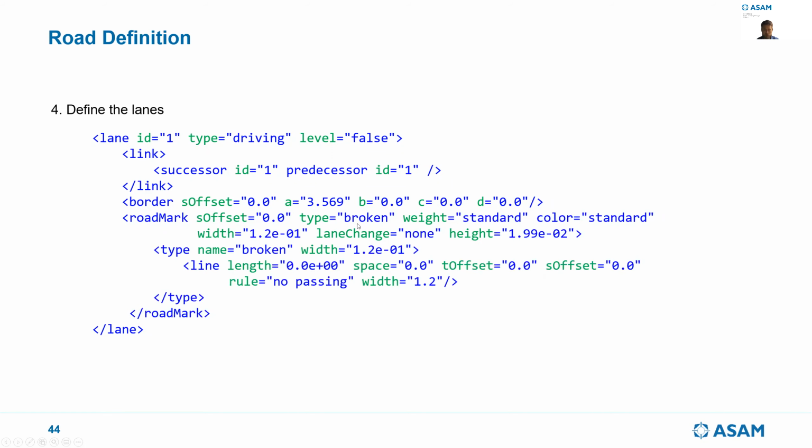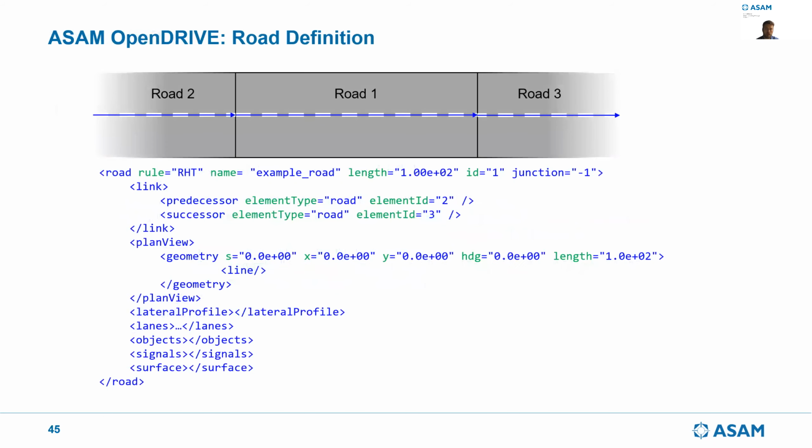Yes, and then here is the type of the road mark again, just to give you a glimpse on how that looks like when you define the lanes. And that is the example on defining a road in OpenDRIVE, where you have a straight road that will give you